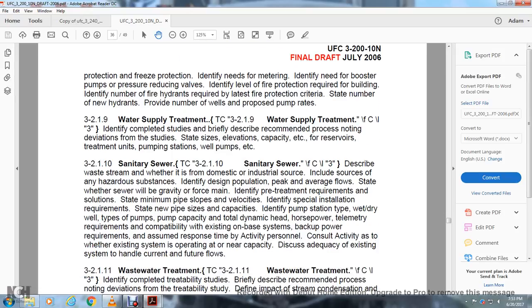Sanitary sewer. Describe the waste stream, whether it is from a domestic or industrial source, include the source of any hazardous substance, and identify the design population, peak and average flow, whether the sewer will be gravity or force main, identify the pre-treatment requirement for the solution, state minimum pipe slope, velocity, identify the special insulation requirement for the state and the new pipe size for the capacity, identify the pump station type of the